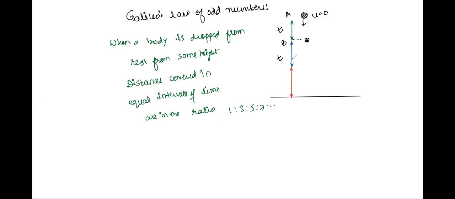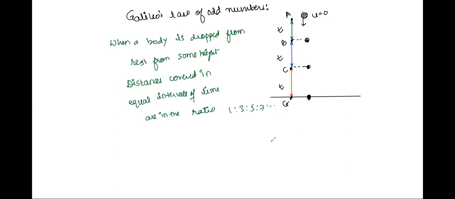Then after t seconds, it reached over here, let's say at point C. Now, again after t seconds, the ball reached the ground. Let's say it was point G. So the ball is taking time of 3t to reach from point A to point G on the ground, and we are distributing this into 3 equal time intervals, and we are saying that the heights